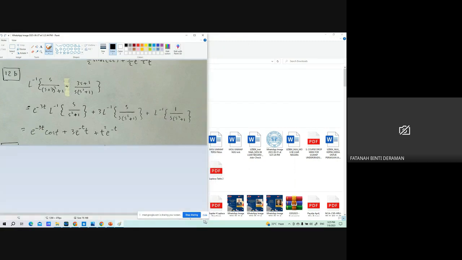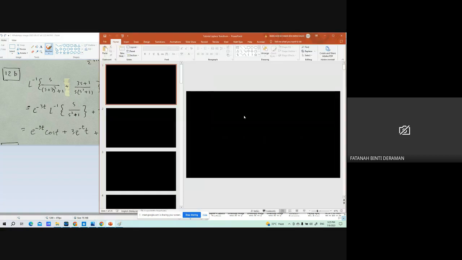Okay, by using the property of inverse Laplace transform, find the f(t). So there is the reverse operation. So we have